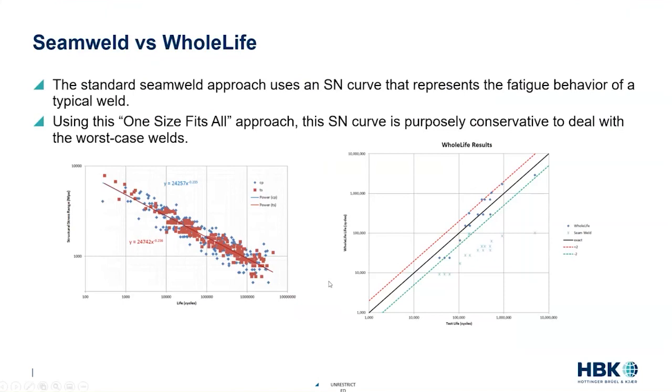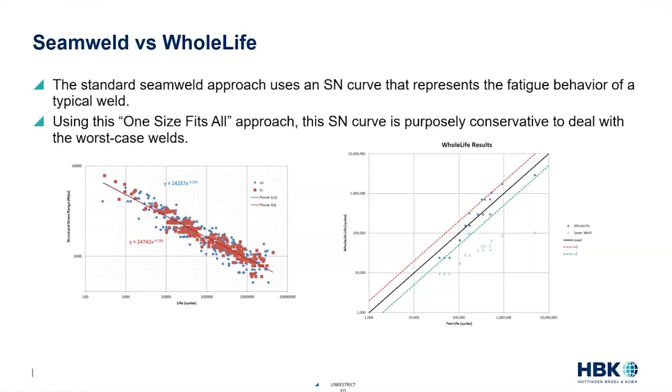What we see on the right-hand graph is a comparison chart. The horizontal axis is the life from test specimens. The vertical axis is life predicted by, in this case, Seamweld and WholeLife. The diagonal you see in black is a perfect fit. The test and prediction match exactly. The two other curves represent a factor of 2 scatter between test and prediction. Green being prediction is conservative, red being the prediction is unconservative. And you see all these blue diamonds are WholeLife predictions, and they all fit within that factor 2 scatter